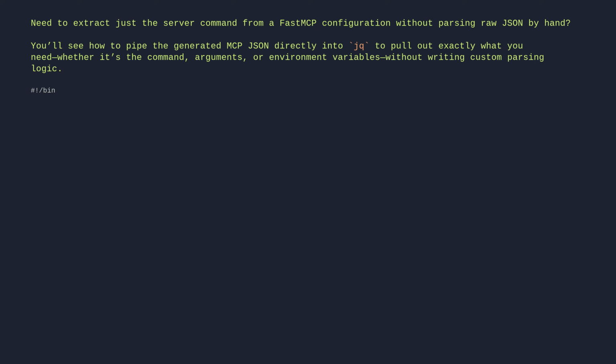#!/bin/bash. config=$(fastmcp install mcp-json server.py --name "CI server"). echo $config | jq '.["CI server"].command'. # Output: uv